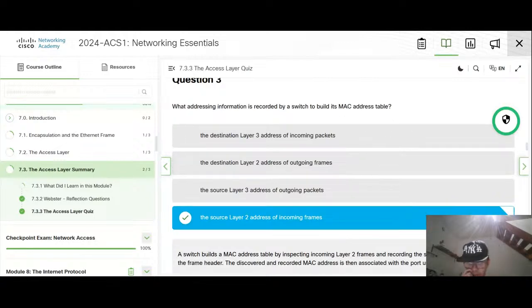The source layer 2 address of incoming frames. Examining the incoming layer 2 frames and recording the source MAC address found in the frame header.